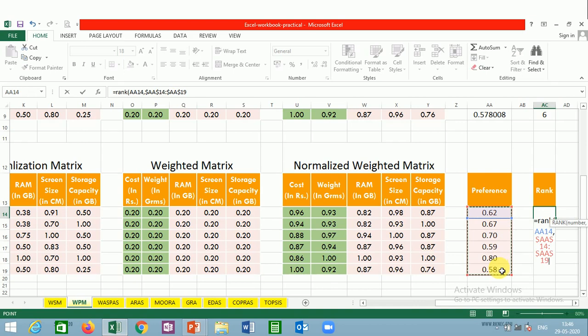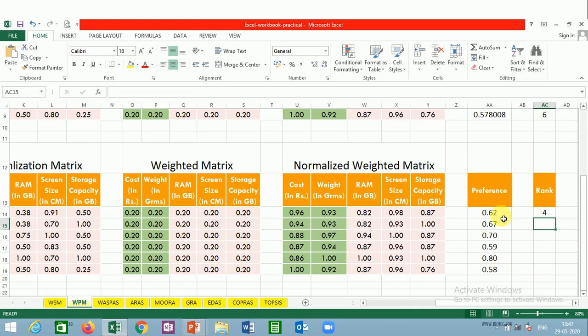The third parameter is the order, means how we are going to rank the value, means highest value highest rank or lowest value highest rank. So we need to rank highest value because the optimum solution is to be achieved. So a highest value should have the highest rank. If you are with respect to a problem where the lowest value should be placed as a highest rank, then definitely you could change that order. So we do have that problem and we'll see how we can do that. So just press enter and then double click on the hotspot. If it is not working, just drag it. So this is how the rank values have been calculated.